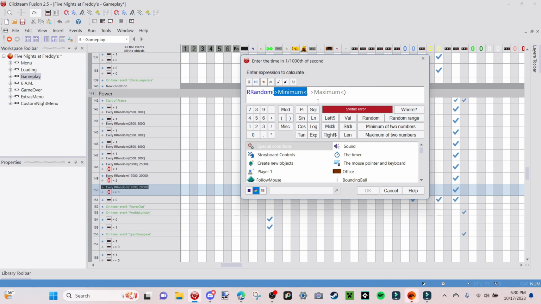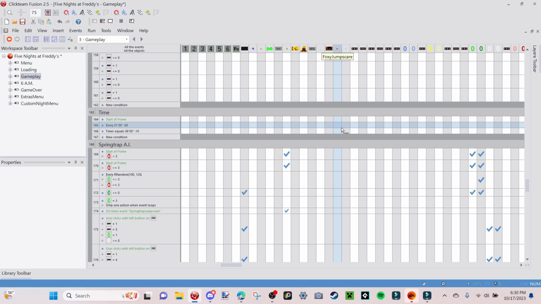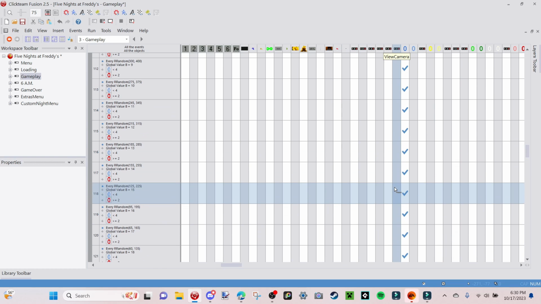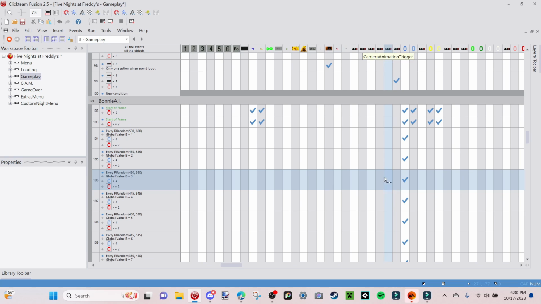It's not only applied to just one thing. You could really apply this to everything, every mechanic. You can make it so that you can only access the cameras on night 2 if you wanted to. It's not that difficult to do, and I believe if I've done everything correctly, that should really be it for the tutorial, which I know is a little anticlimactic because